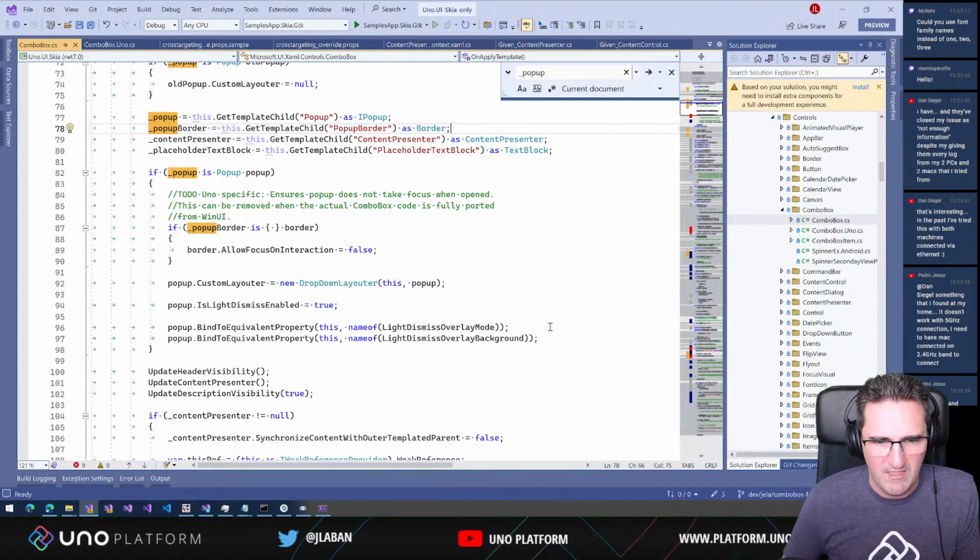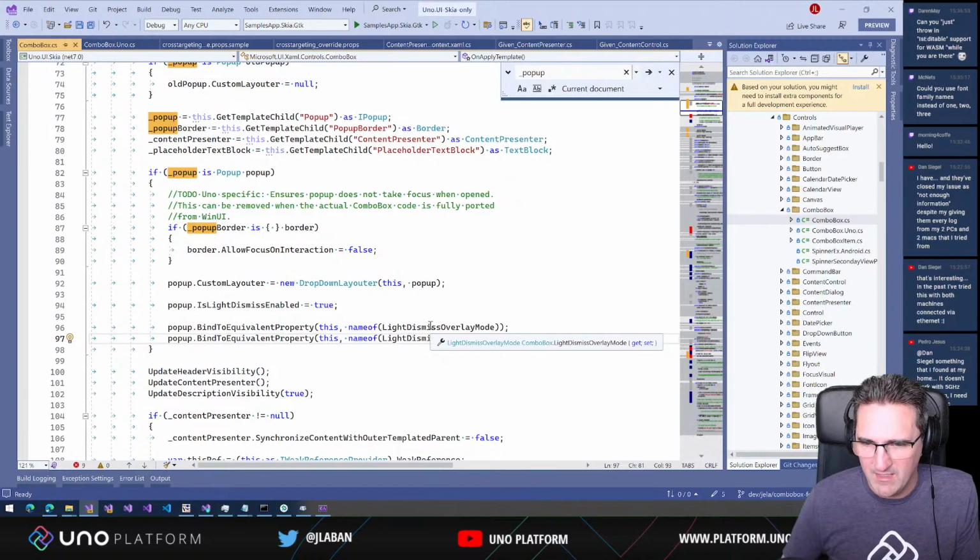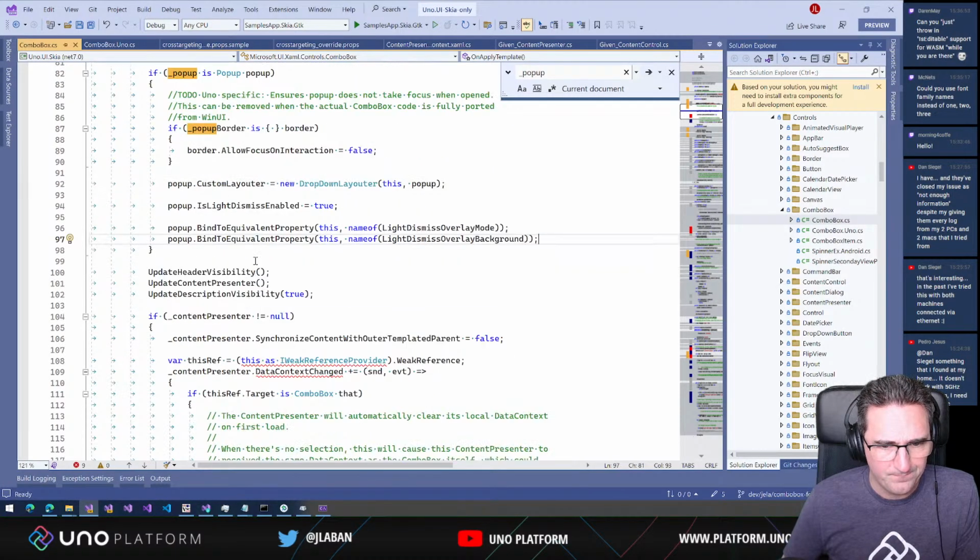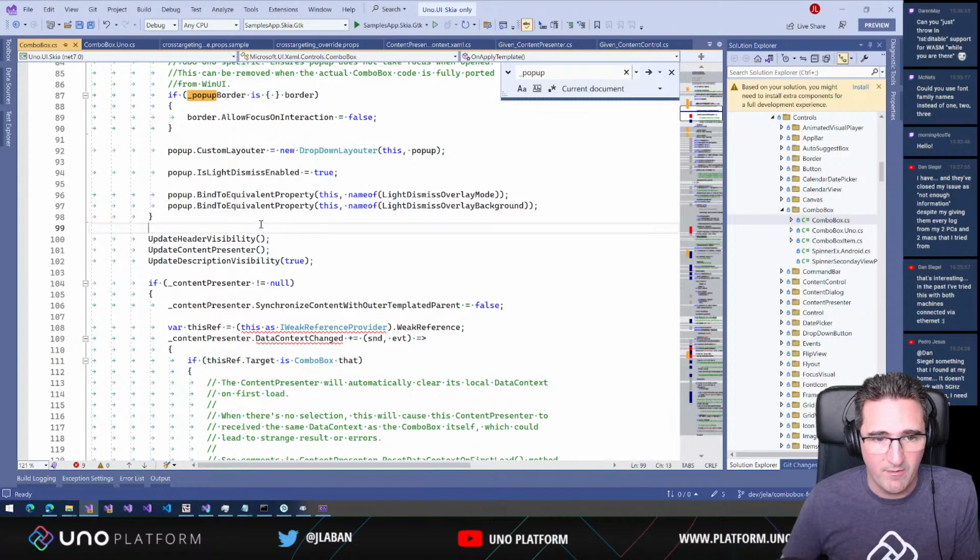Are we binding elements? So we're binding to equivalent property. So okay, we're doing some of the things here. We're binding the pop-up to a light dismiss overlay mode that's coming from the current control, but probably we're not propagating some of the other properties that should be. So for instance, we can see that we're